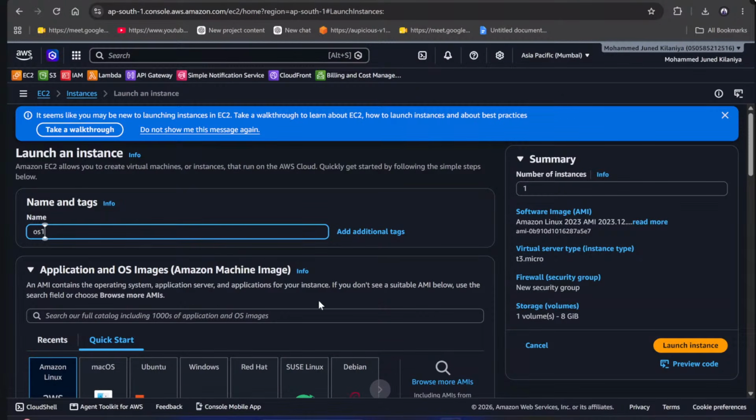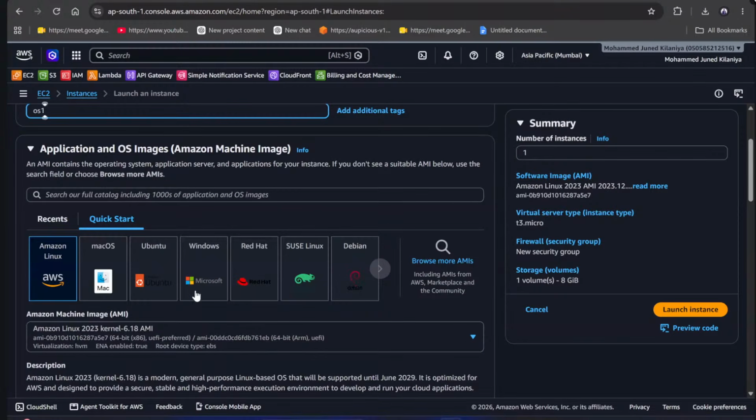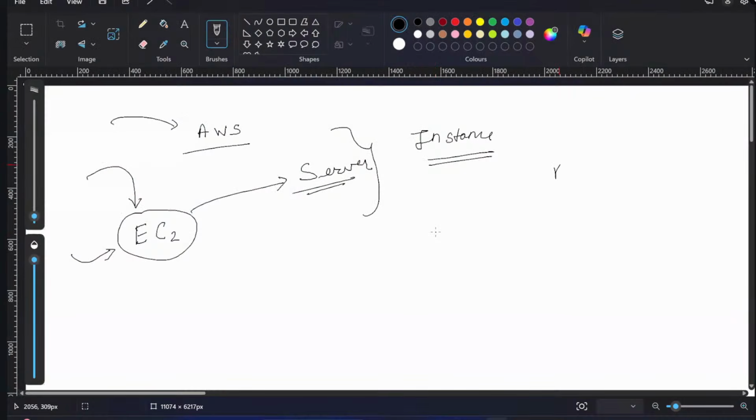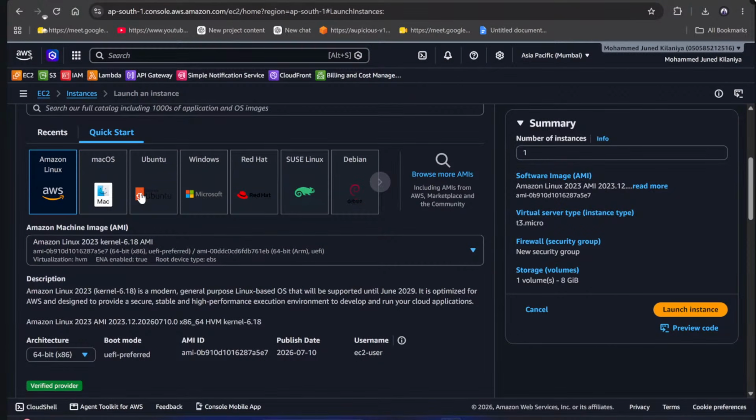So first thing, guys, we require to launch an operating system is to give an AMI image. This is very, very crucial. Without an AMI image, guys, we cannot launch the instance. So Amazon Machine Image by default decides what type of operating system is required, and for every AMI image here, they have given some AMI ID, and this AMI ID is different in all the